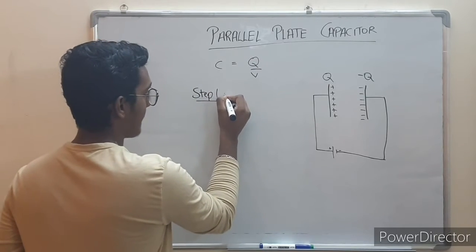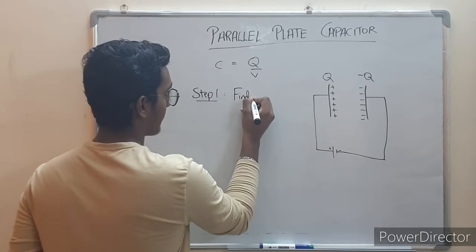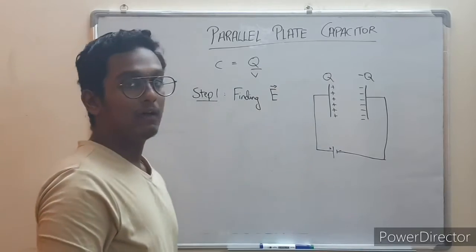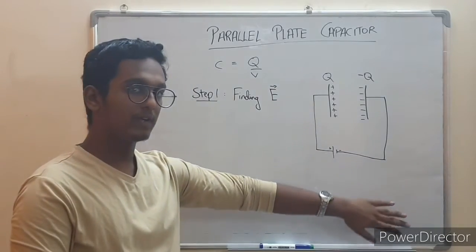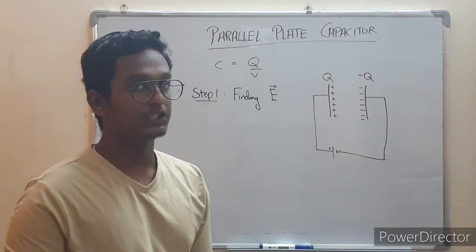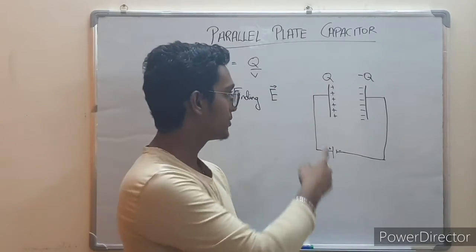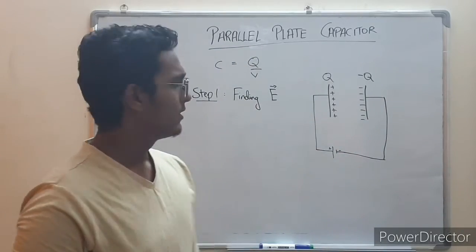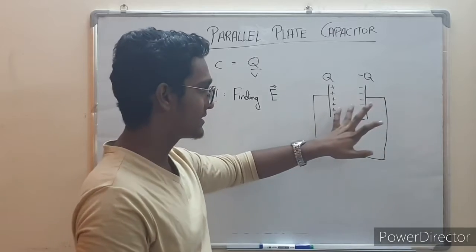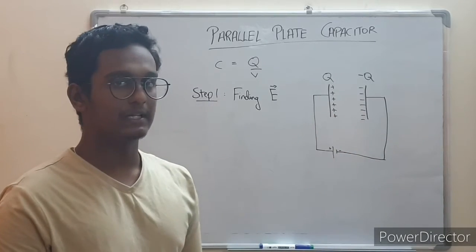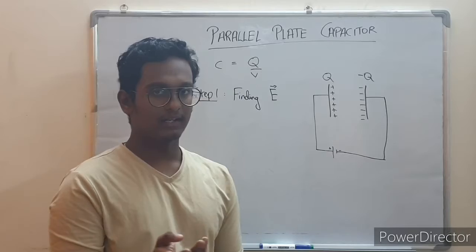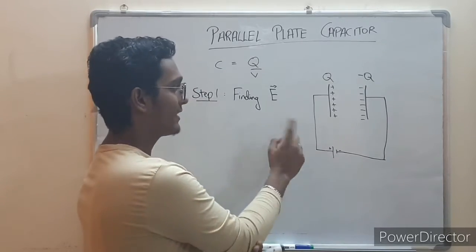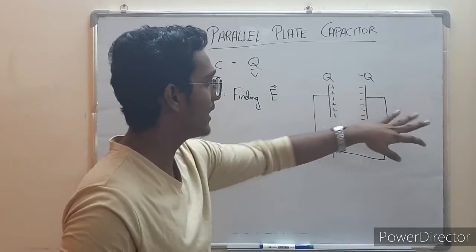Step 1, finding electric field E. Now, if you remember, we have done this in the questions video of the first chapter, to find electric field due to two parallel plates at a point to the left, at a point to the right, and at a point at the center. We know at the left and right it's 0, and at the center there is a magnitude of sigma by epsilon naught. If you know the formula directly, you can skip ahead, or else I will show very quickly how to find the electric field at these 3 points